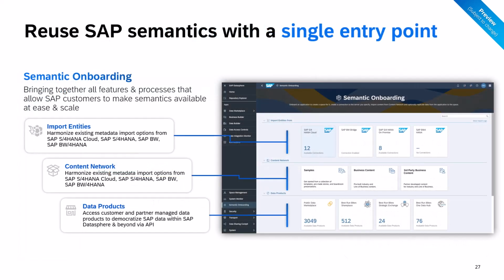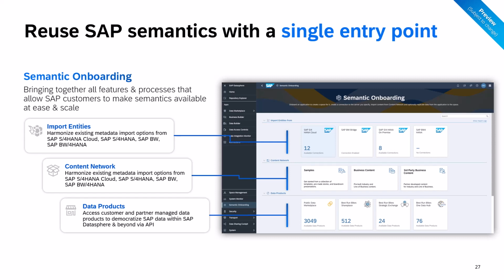Another big topic we're working on is the semantics in general. We have a lot of areas where we can import entities from various systems like S4HANA, Cloud or on-prem, BW or BW4HANA systems with the model import, etc. These functionalities are already there, a little bit proliferated today. You find them in different places, and we also have the content network capability to provide business content, and the data product capability from the data marketplace.